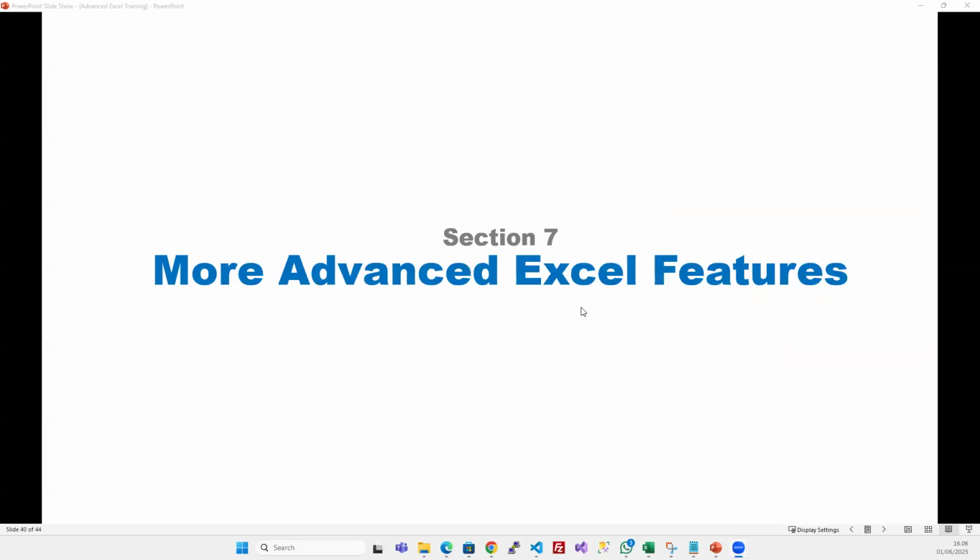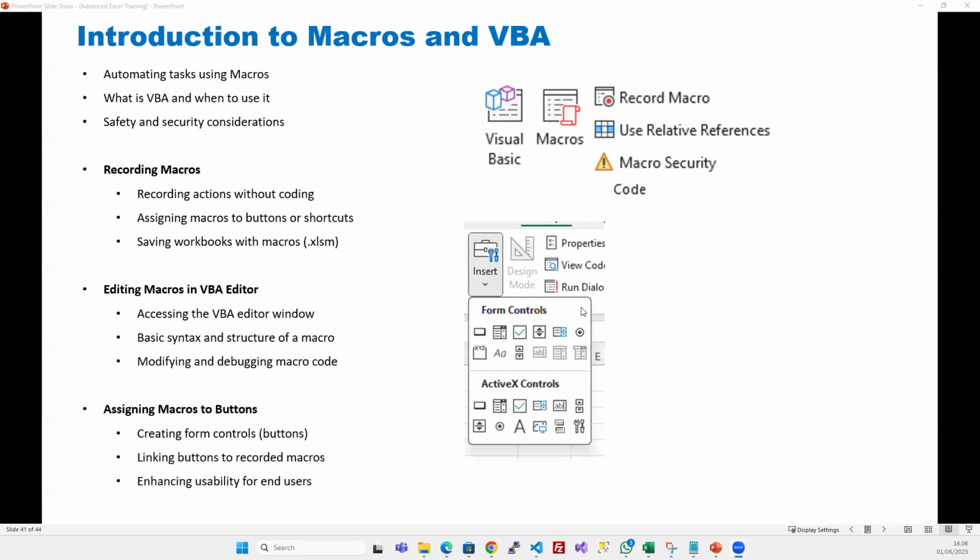And today we're going to be taking it a little bit higher by looking at macros. What are macros? What is VBA? And what's all that about? Now, macros are some kind of code snippets that help us to do some of these activities that we do in Excel